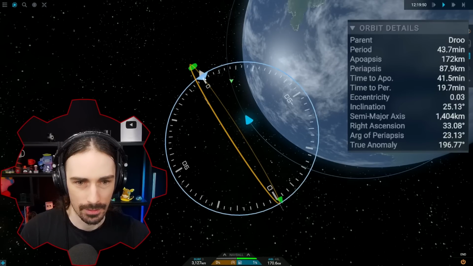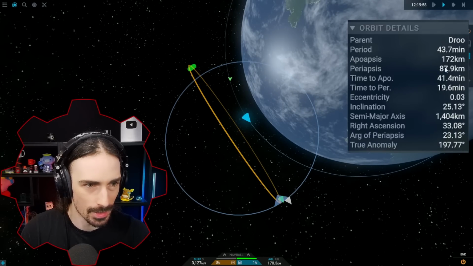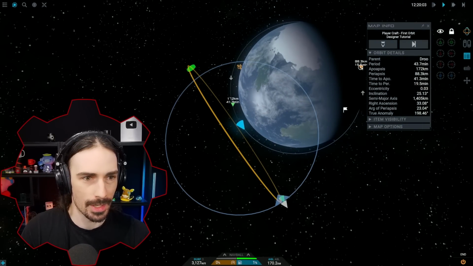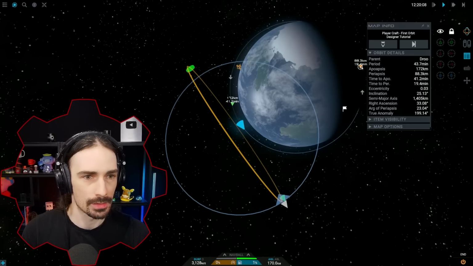All right, hold on. Gotta go this way now. I have 1% fuel left. I don't think this is gonna work. All right, now I need to get this to 88. There we go. Okay, so now I'll fast forward until I get to my periapsis,